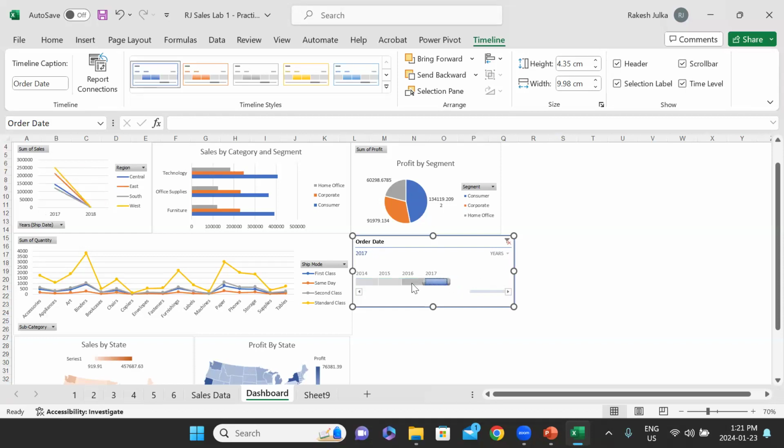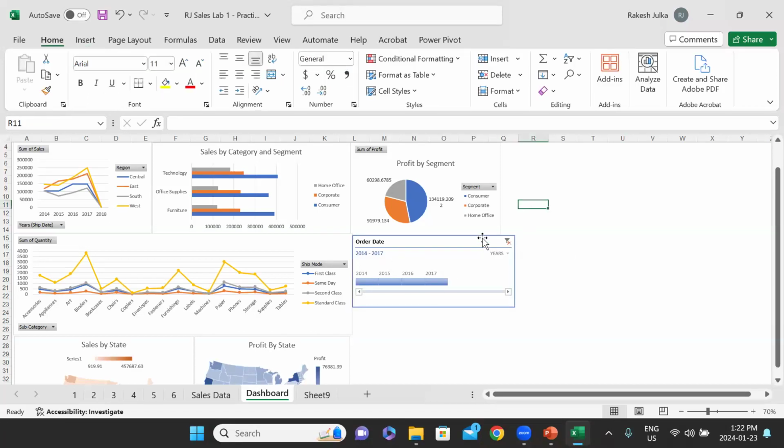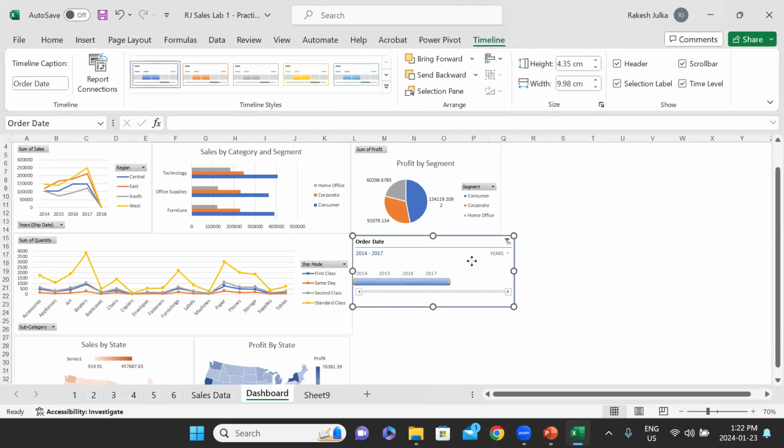No, we cannot drag. But what you can see, click 2014, the 2014 data is coming. Press shift, two years of data are coming. Again press shift, this is coming. Again press shift, so this is coming. The full data is coming here, right? So this is the timeline. This is known as a timeline. So next, we have this timeline here,